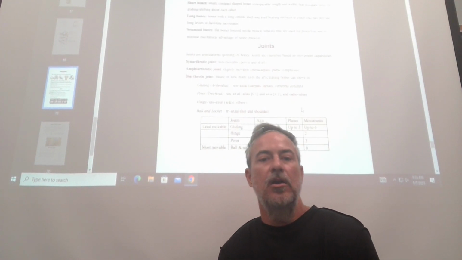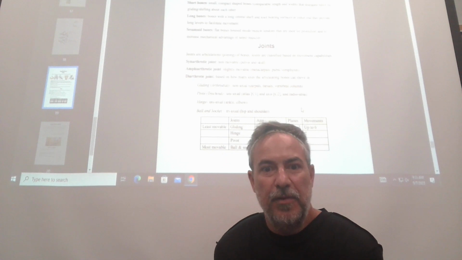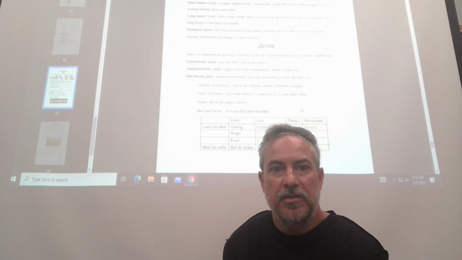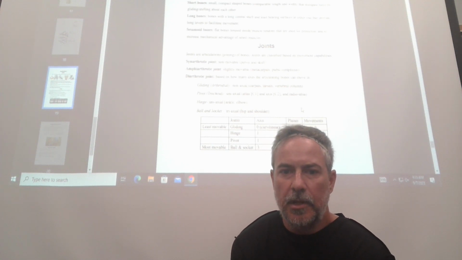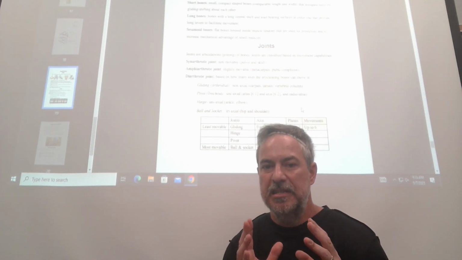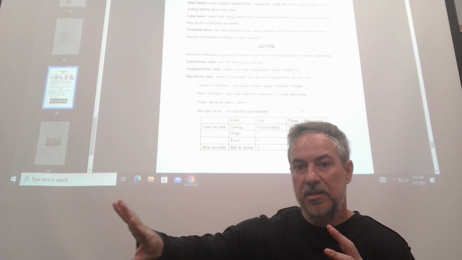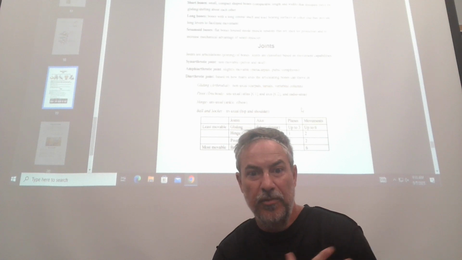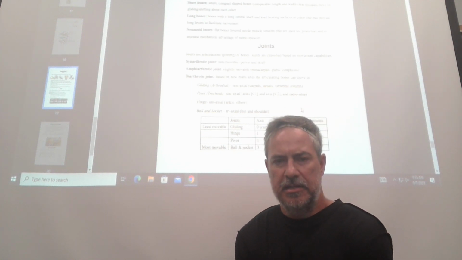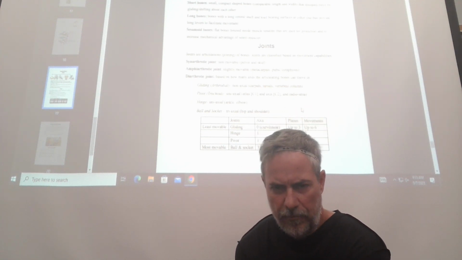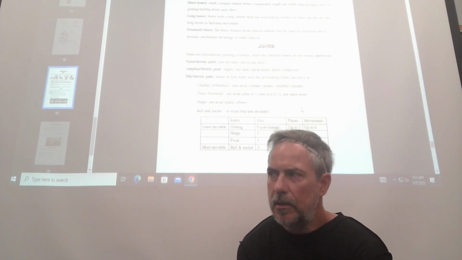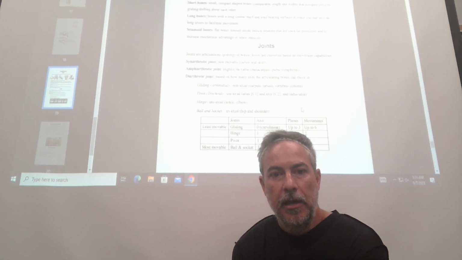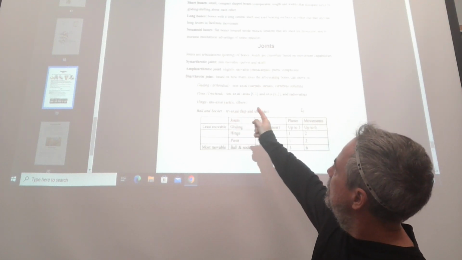So amphiarthrotic. Think of an amphibian who can kind of do both, right? Like frogs can live in the water and on land. So amphiarthrotics are more stable than the ones that move the most, but they move more than the ones that don't move at all. So I think that's the easiest way to see it, that they have more movement than none, but they have significantly less movement than most. And we're going to see, let me see if I give you any examples. Yeah,